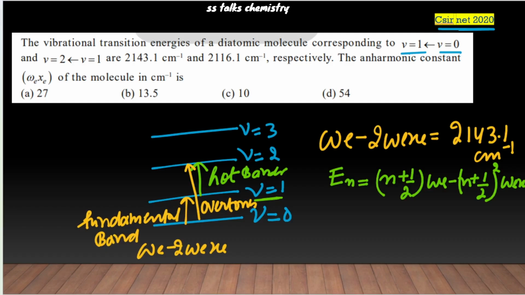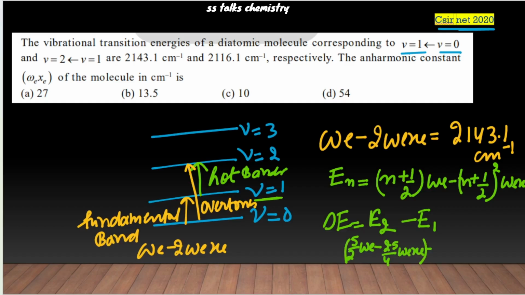Now we are going from 1 to 2. So the energy gap will be the energy of the second state minus the energy of the first one. So you keep the n value as 2. So 2 plus half becomes 5 by 2: 5 by 2 omega e minus 25 by 4 omega e xe minus